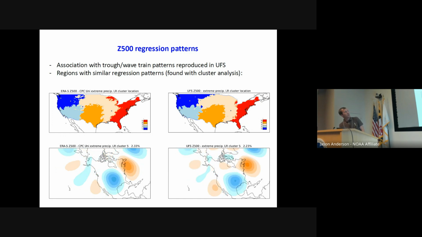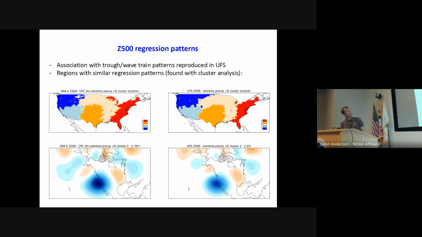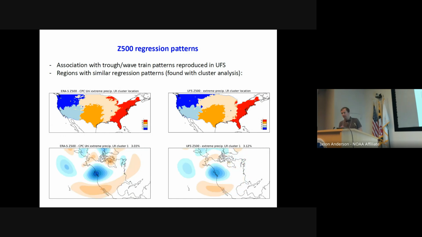And then you get more of a wave train to produce extreme precip on the East Coast here. Maybe not a surprise, but also the variance of these patterns in the reforecast seems pretty realistic. So